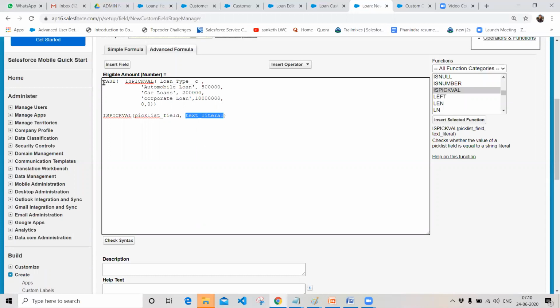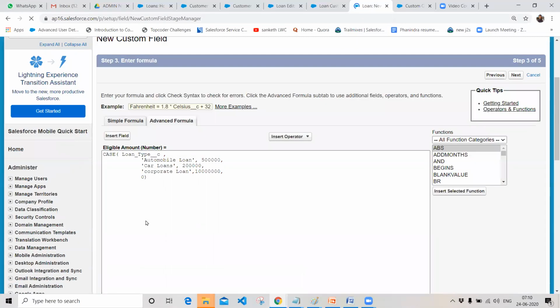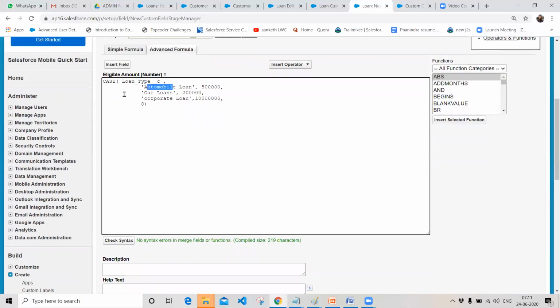Since I defined it as a case, let's remove is pick value and see what will happen exactly. Will it accept? Okay, sorry, it was my mistake. Is pick value is used to select the values over the pick list, right? But since we are using the case function over here, you can choose the multiple values without using is pick value. So this is the syntactical error that I had made. You don't need to choose is pick value if you're using a case.